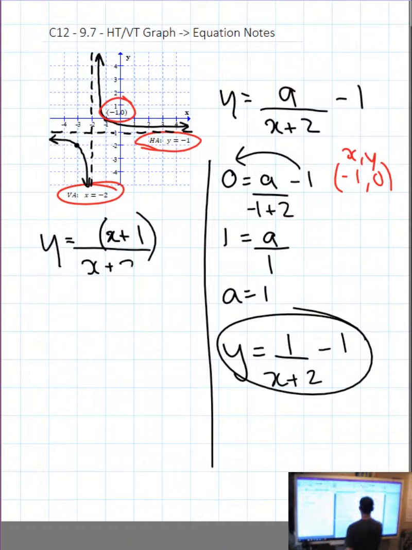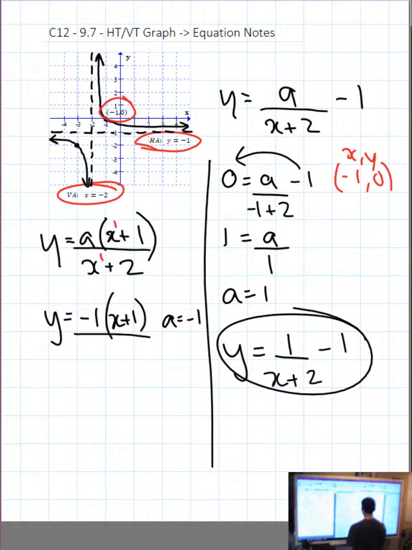The denominator should say x plus 2. Now we have the a in front. So we need to find the horizontal asymptote again. Keep in mind, we have the same exponent of x on the top and the bottom. We need a horizontal asymptote to be at negative 1, and we're going to do the same trick that we did last time. y equals negative 1, where we just simply say a is negative 1